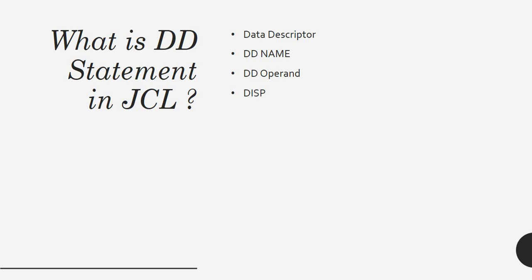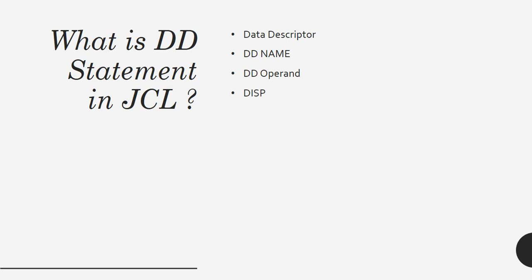The first thing we can do using DD statements is create files. If you are trying to create a file, you have to specify all the properties related to that file. If you are creating a new file, you'll be specifying space parameters, DCB parameters and unit parameters. That is one thing if you are creating a new file. And if you want to use an existing file, you have another parameter, the disposition parameter, that is DISP equal to SHR, PASS, OLD. These are the other things that you can use in a DD statement.